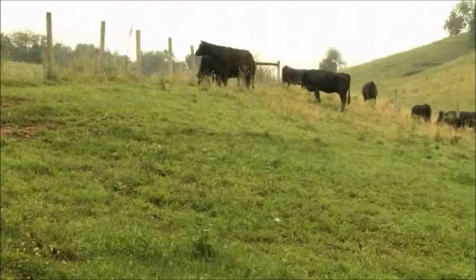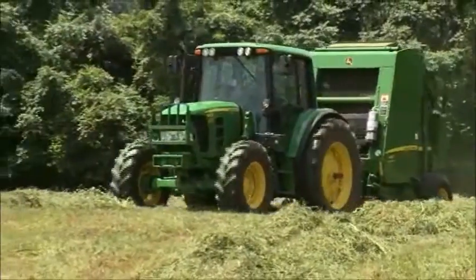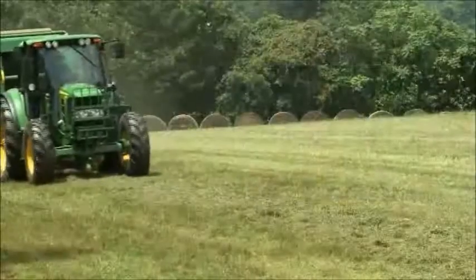Weather isn't the only challenge with hay season. Beef producers in the eastern states often face hayfields with hilly, rough terrain. Balers must be tough enough to handle the hills and still put out a good hay bale. John Deere balers have the hydraulic